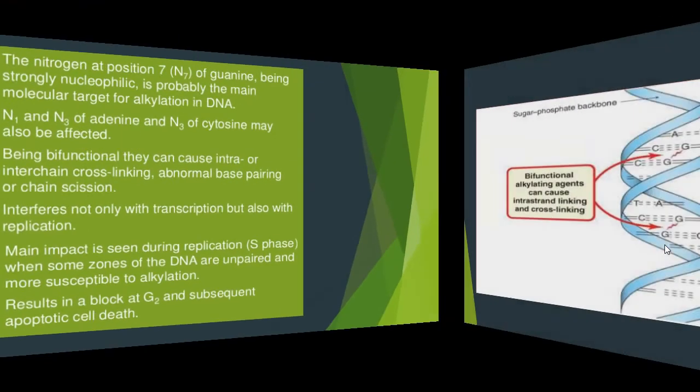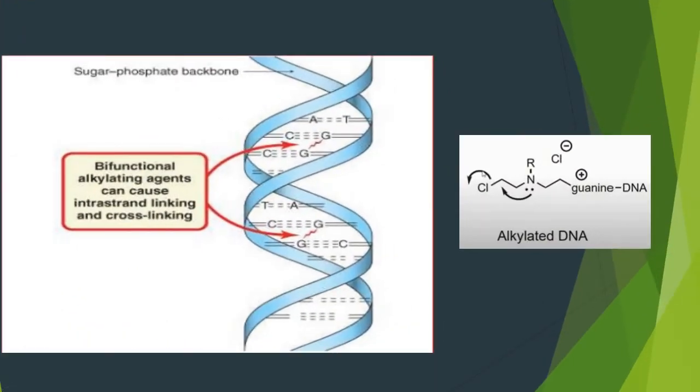So this is the mechanism of action, and this is the figure for the mechanism of action, which will help to understand it more. This is the double stranded DNA, and the bifunctional alkylating agents can cause intra-strand linking and cross-linking. And if we see chemically,